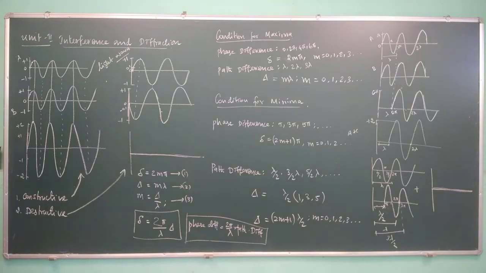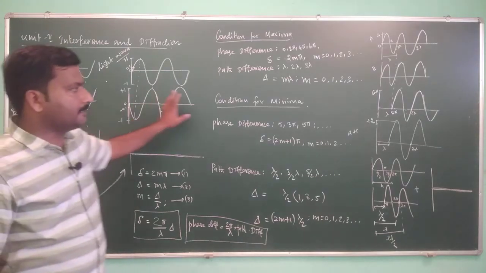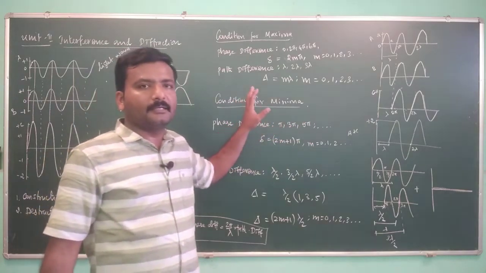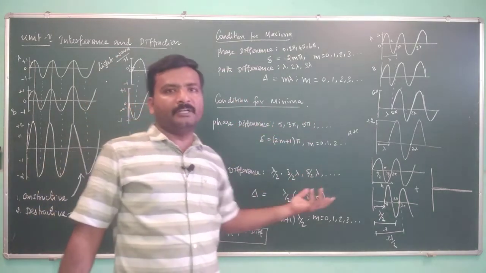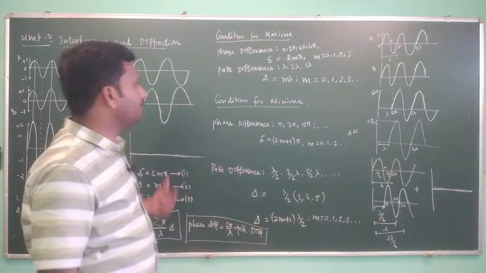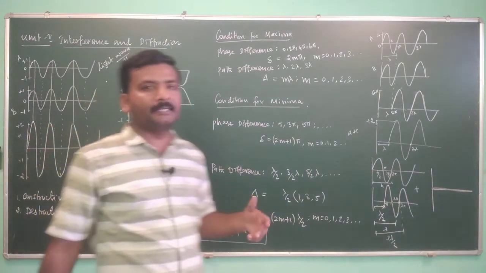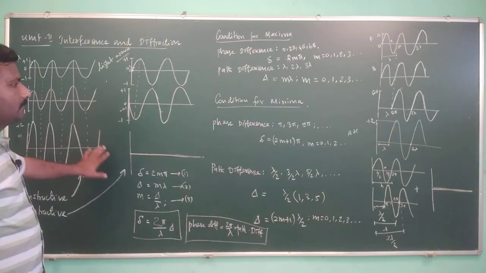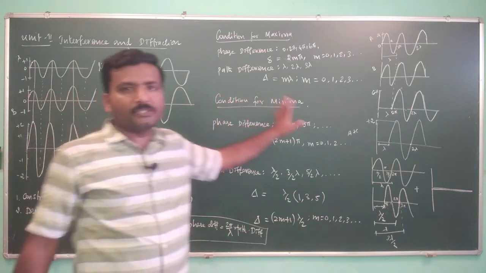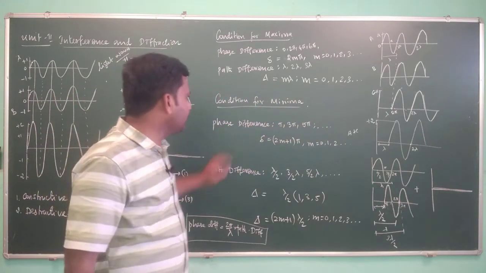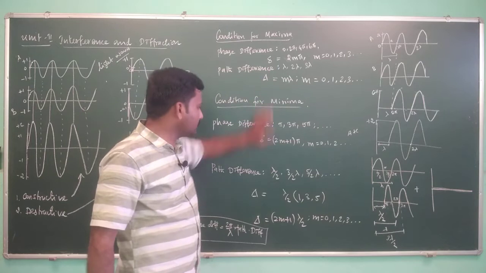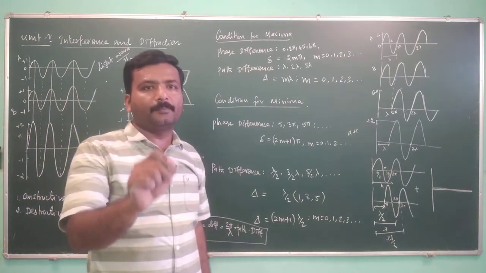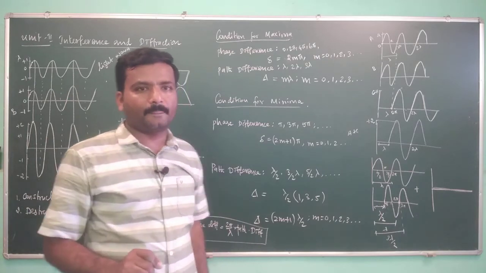So in this way, we can understand what is constructive interference, what is destructive interference, or when the maximum intensities happen and when the minimum intensities happen, when two waves are interacting with each other. Right? We have derived the mathematical forms for this. Hope you understand that. With this understanding, with these equations, we are going to see a very important derivation.